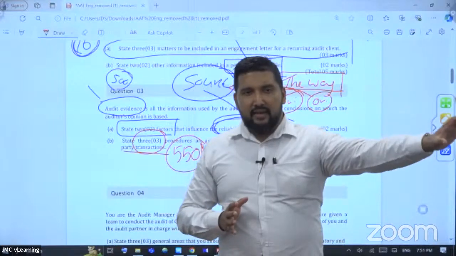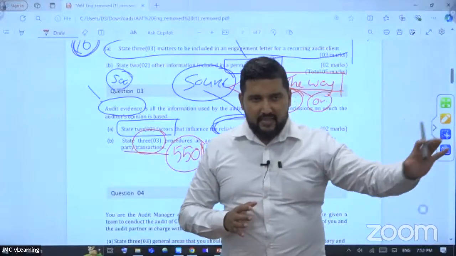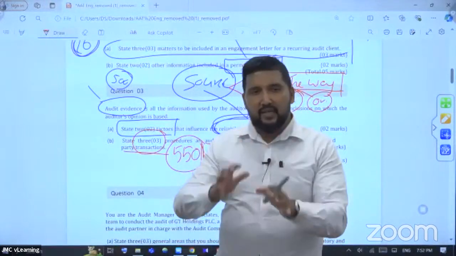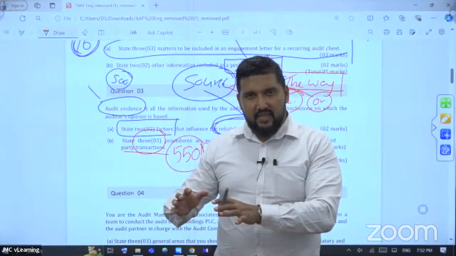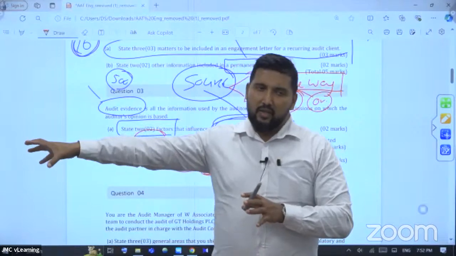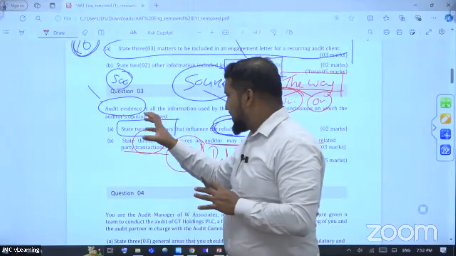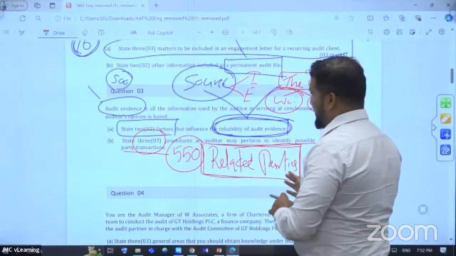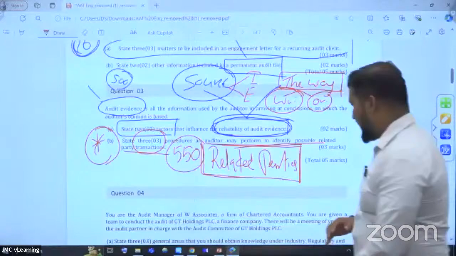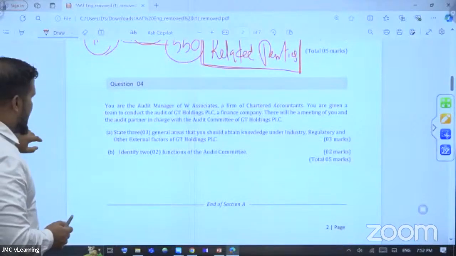Number 1, whether that related party transaction has taken place under the normal course of business. If it is yes, no issues at all. But if there are any related party transactions within the business organization which do not come under the normal course of business activities, that is a situation where your attention needs to be devoted. Likewise, we had an in-depth discussion when we were discussing the theoretical aspects. Out of those procedures which we learned in the classroom, you need to write down 3. Clear? Right. These are straightforward ones which we have discussed in the class.